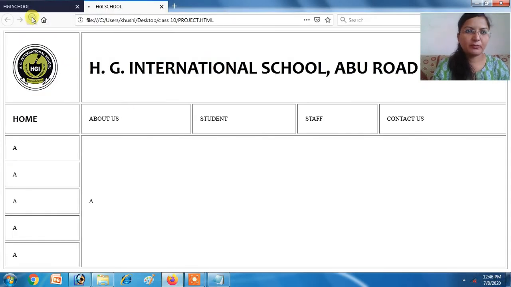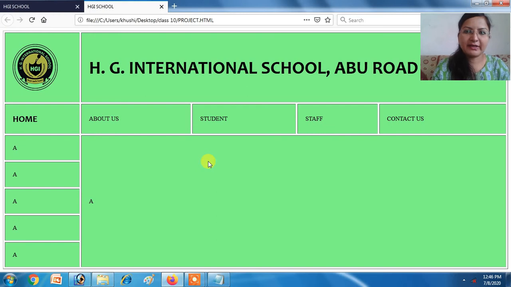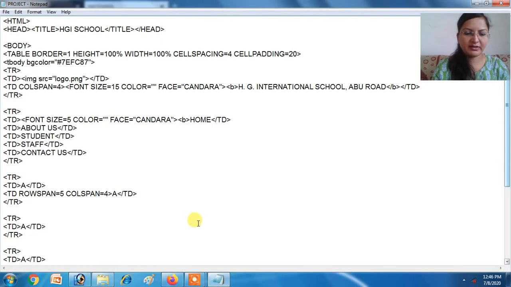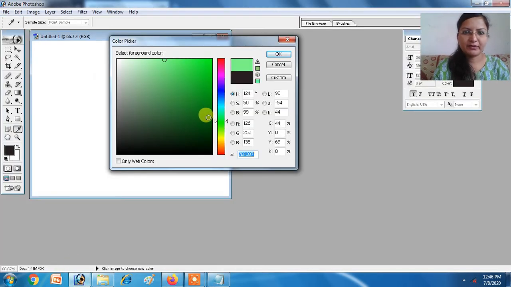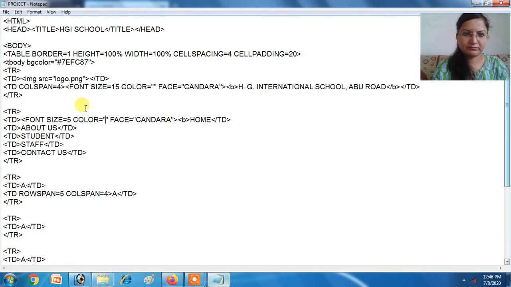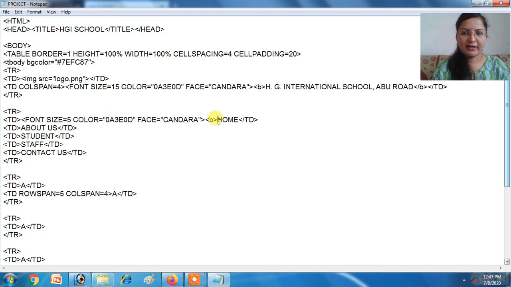You can see the output. It is with a light color background. Okay, then after that, now fill the content. Take text color also from Photoshop. So take a dark color for the text, this one. Here and here also, and this is a link.